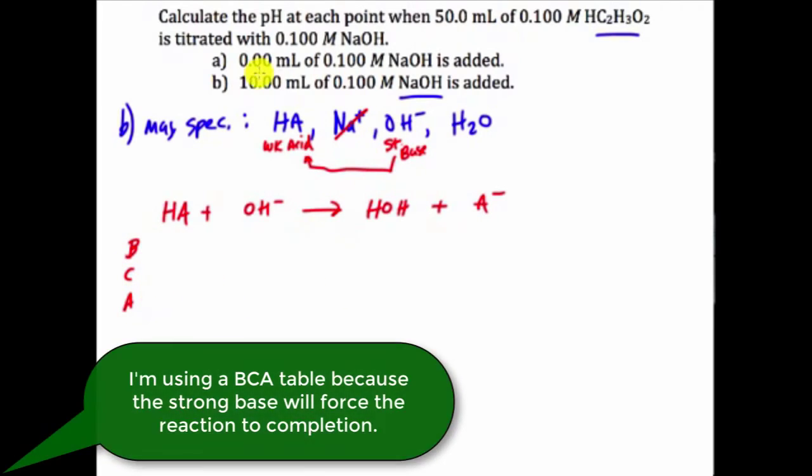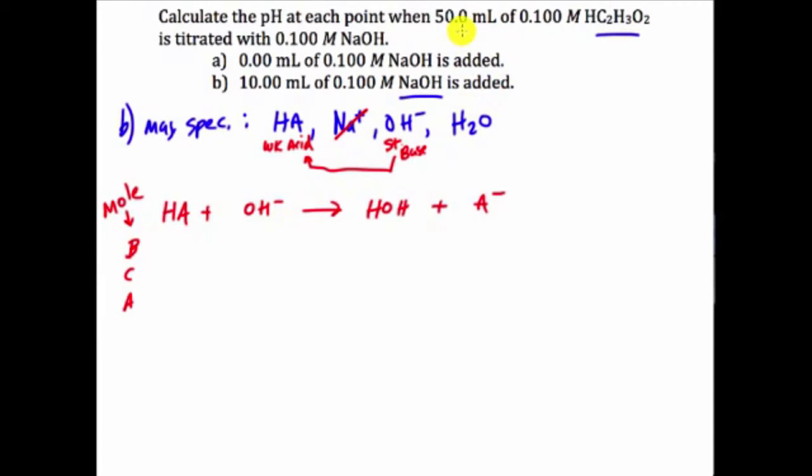All right, now what I need to do is figure out how many moles I have, because remember we deal with ICE tables or BCA tables. What I'm going to do is plug moles in here. So you can use the volume and the molarity to find the moles of the acid that you have. And when you do that, you're going to end up with 0.0050 moles of the weak acid. We can use the volume and the molarity. Remember, volume times molarity gives you moles. So if I take that volume, converting it to liters, and molarity,